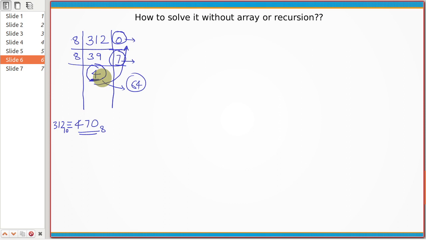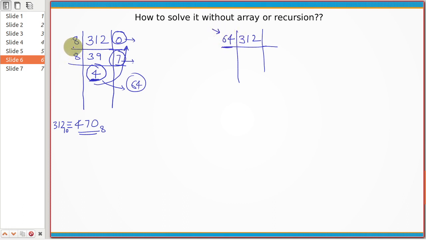But what I am trying to say is, instead of getting the numbers in this direction and then storing them somewhere and then printing them in reverse, can we generate them in reverse itself? Can we generate 4 first and then 7 and then 0? So what can you do for that? So you have 312, right? Let's say you divide this by 64. Later we will talk about how to find a number with which to start dividing first. This is a new technique, okay? So please bear with me. We will talk about where to start.